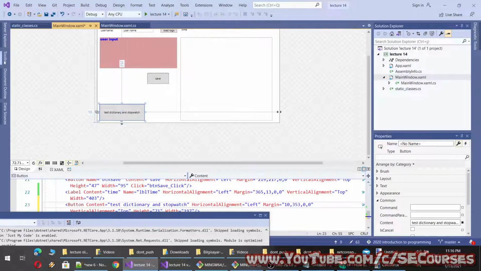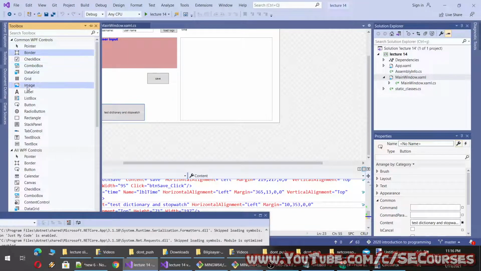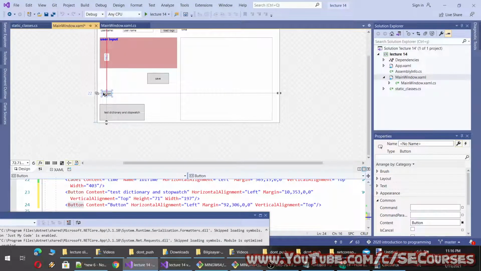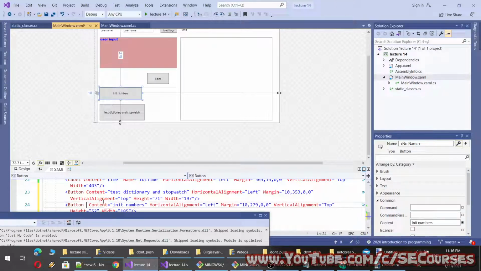And before doing that, let's add another button for initializing our dictionary and list. Okay, initialize numbers. And let's name it init numbers.